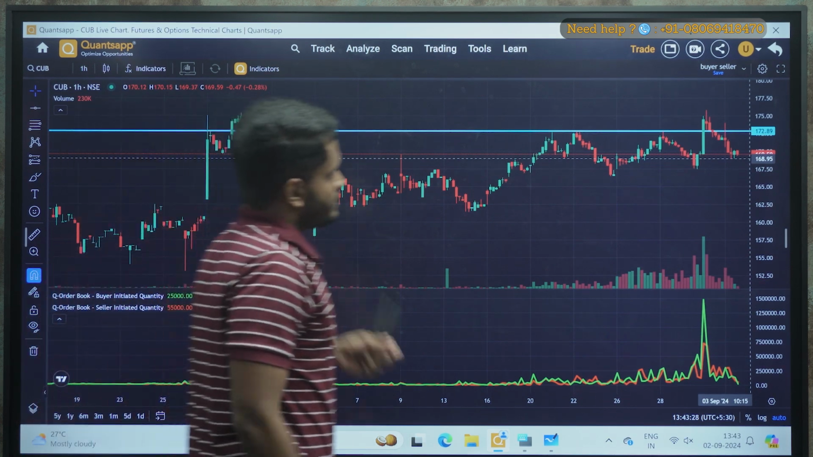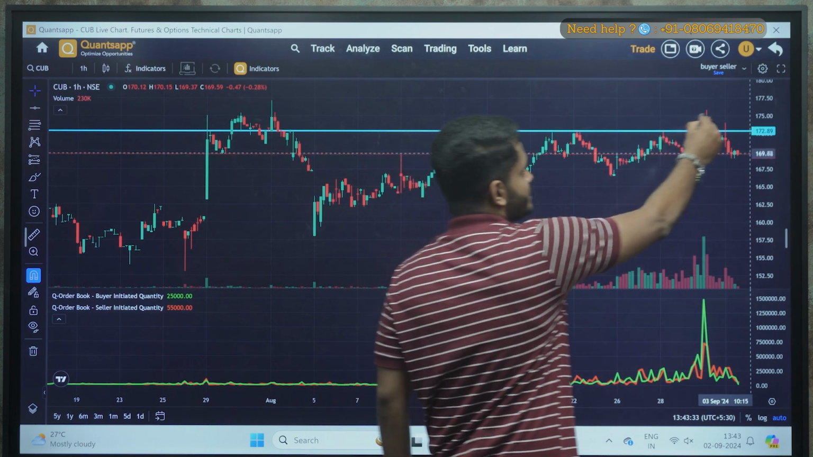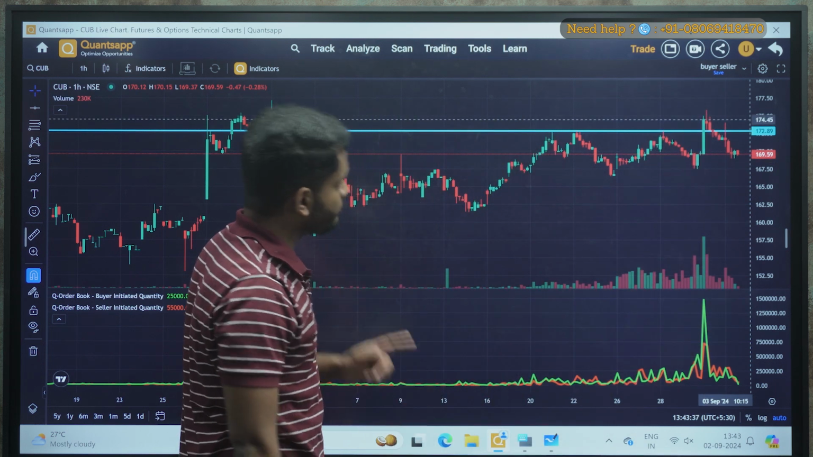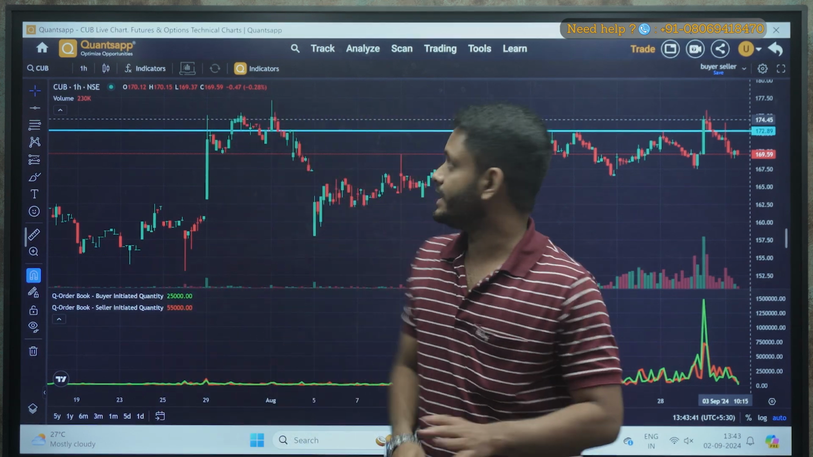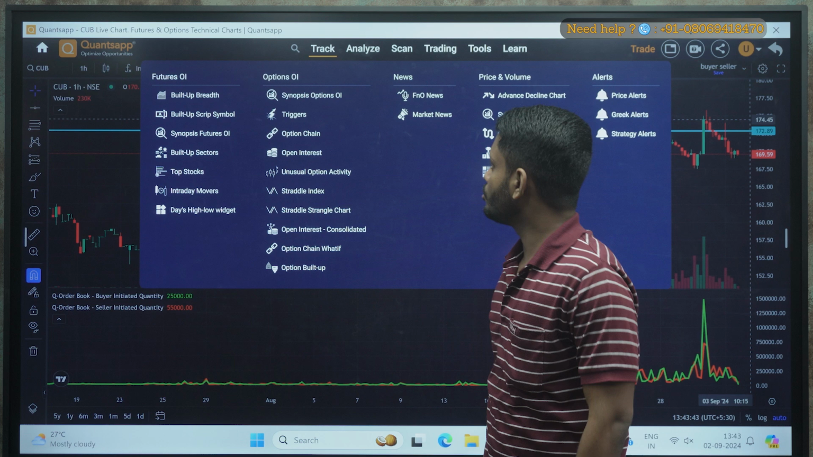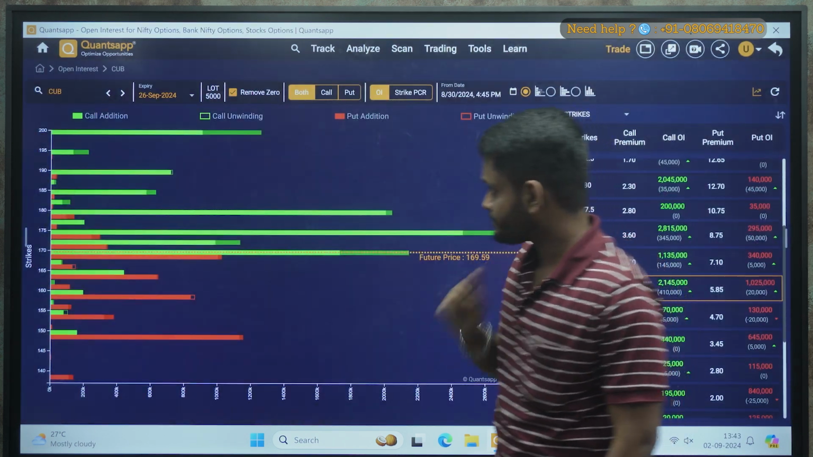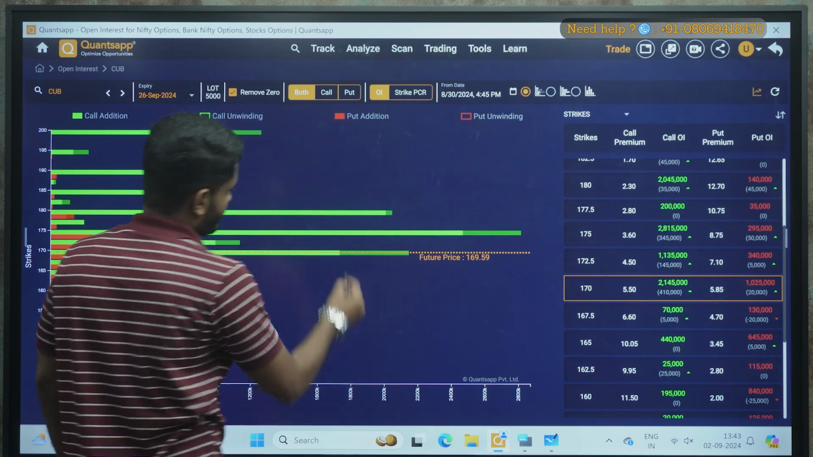So how could you have saved yourself by not buying this stock at this resistance level? For that, what we are supposed to check is the open interest data. So first let me go to Track. Under Options OI, there is open interest. Okay, so here if you see,